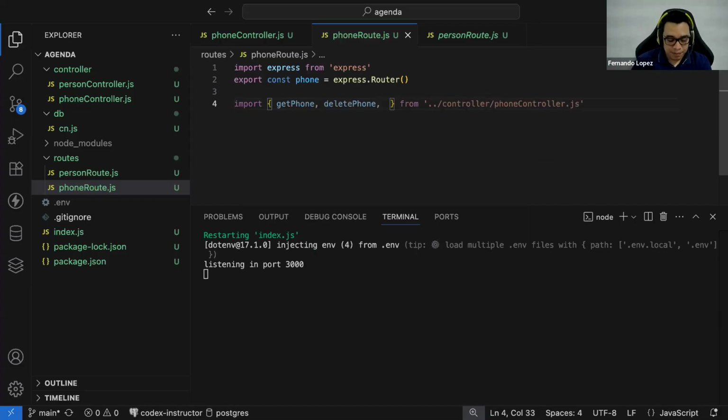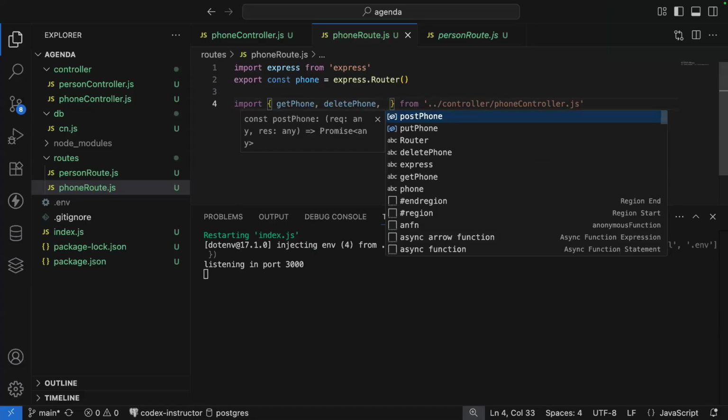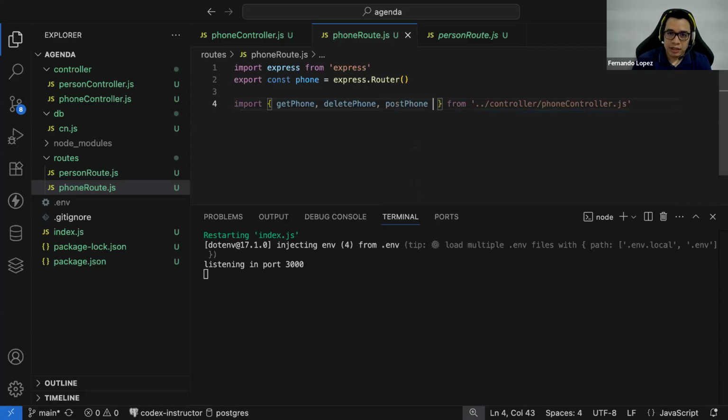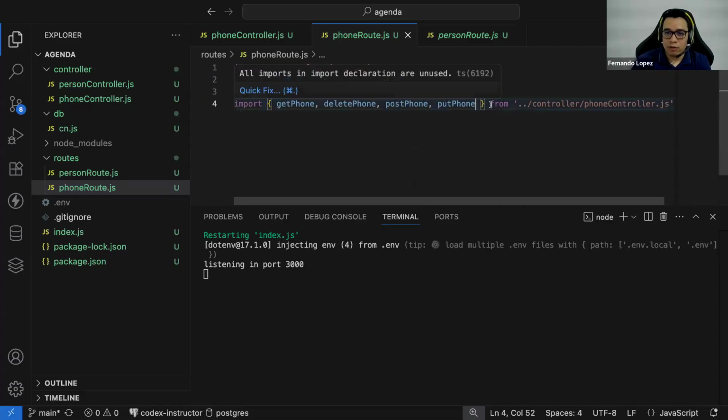As you see, if you use the code completion that I have here, you can enable it by pressing Control and the space bar. This is going to bring some suggestions about the methods that you have available to be exported in that controller. Now I'm going to select the post phone, and again, Control spacebar for the put phone.